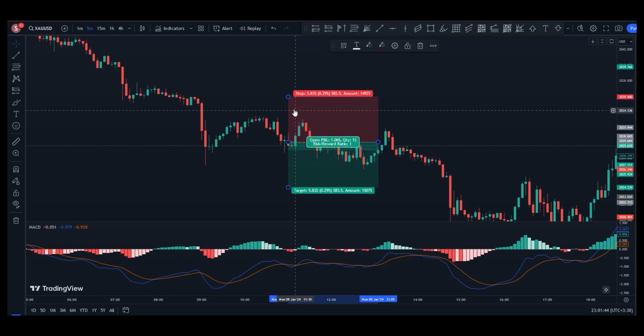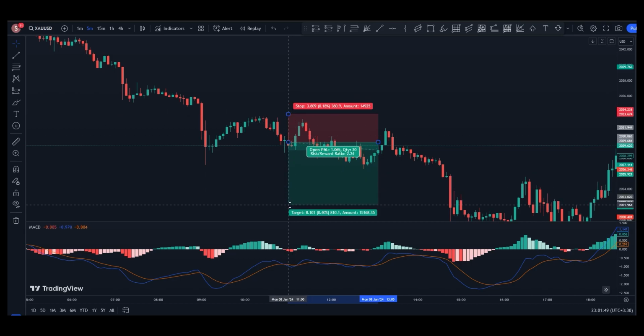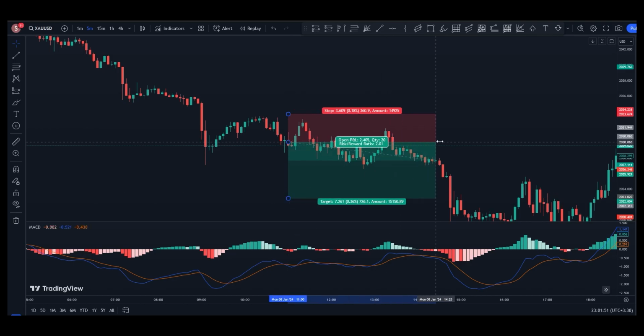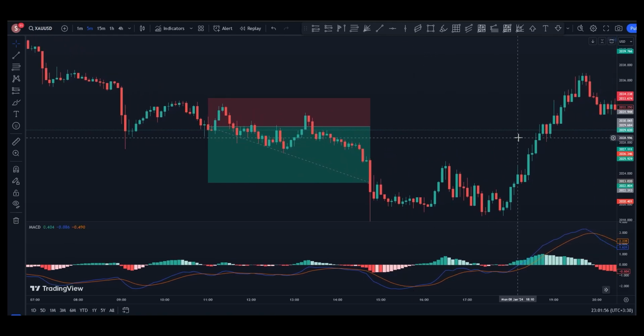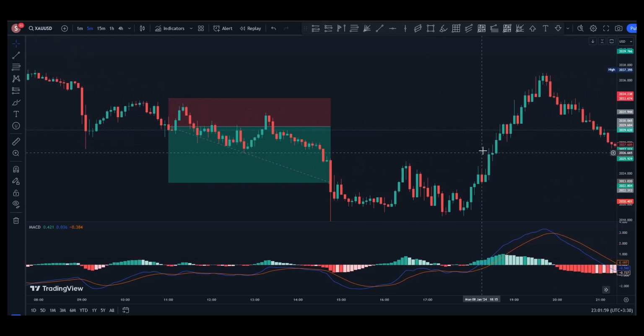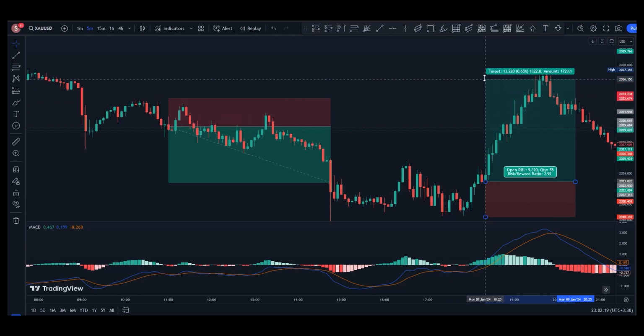Well, here we put our stop loss in a safe place, with a 1 to 2 or 3 risk to reward ratio. Let's go a little further. Yeah, we can enter our trade here. As you see, the MACD line is above the signal line, and it crossed over the histogram middle line. We can enter our trade here, put our stop loss in a safe place, and use a 1 to 2 or 3